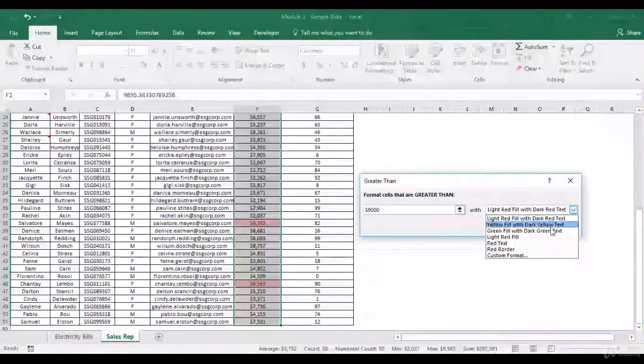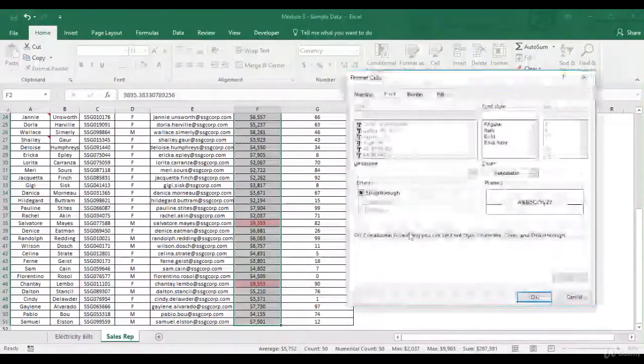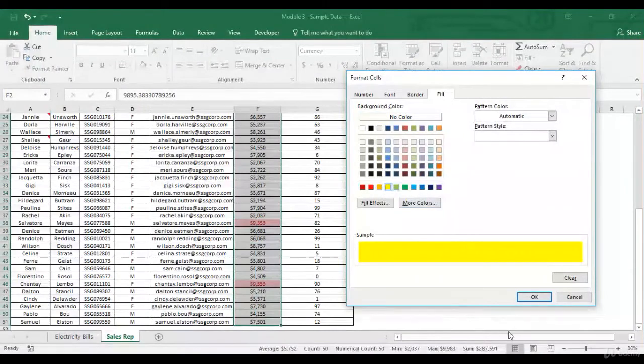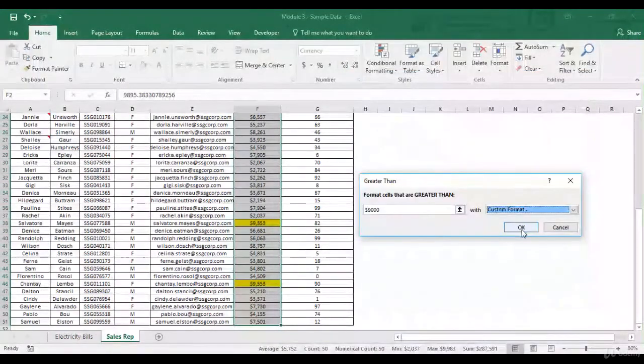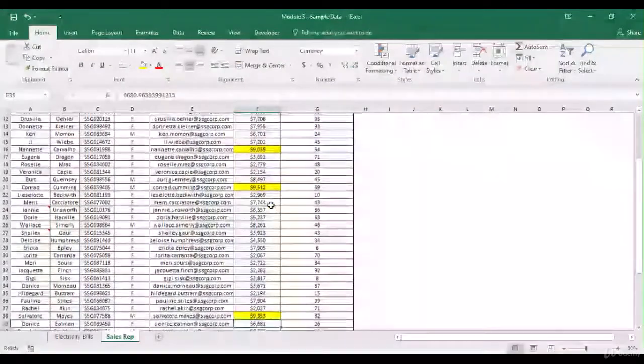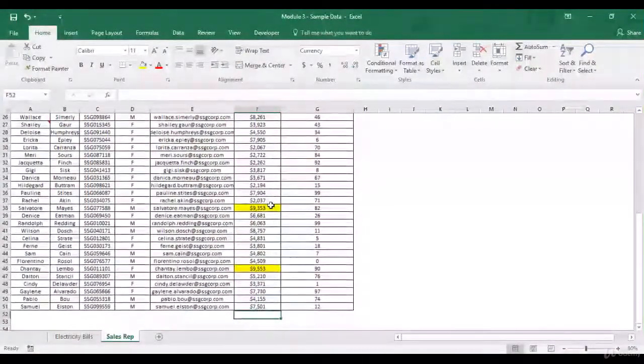I've got these different options over here, custom format, and let's say I want to fill them with yellow. Now, as you can see, using conditional formatting, I didn't need to scroll through each and every value, and Excel automatically highlighted all those values which were greater than 9,000.